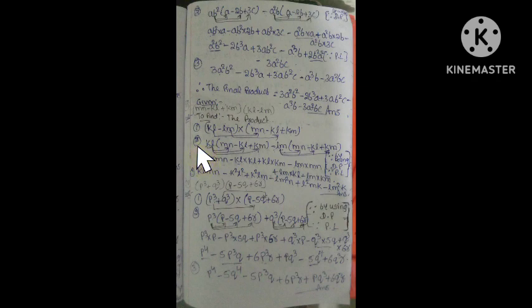So the first term of the polynomial, here it is kl only. kl into each term of the polynomial, so mn - kl + km, minus the second term of the binomial, that is lm, into each term of the polynomial. So mn - kl + km, by using the distributive property.